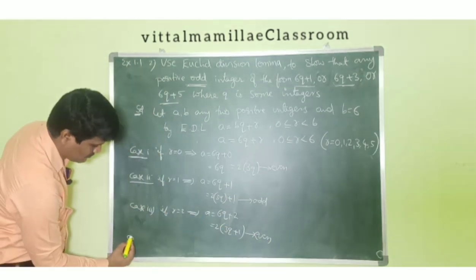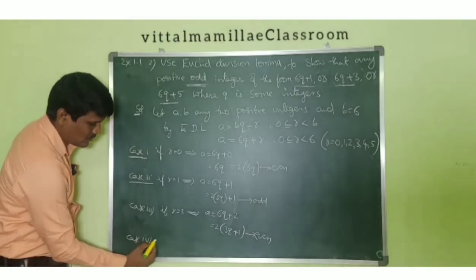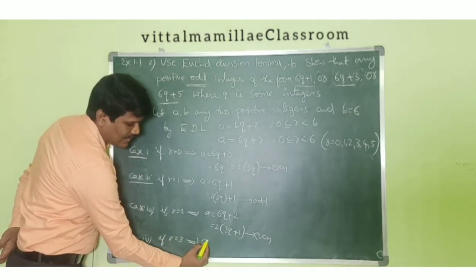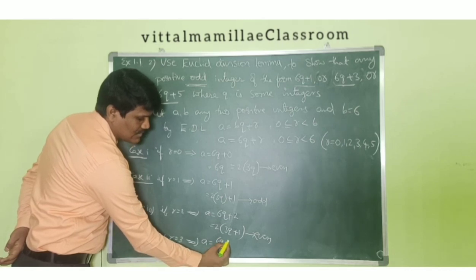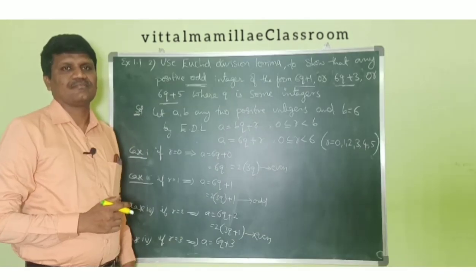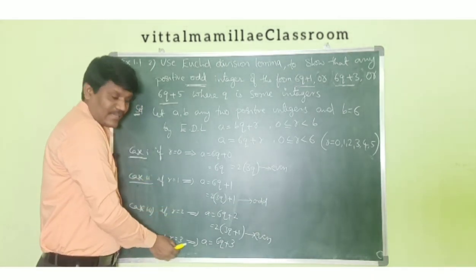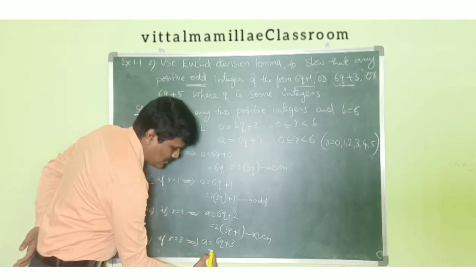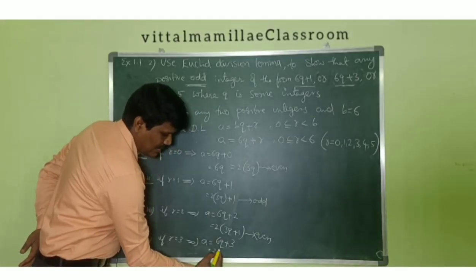And case 4. What is case 4? If r is equal to 3, I can write a is equal to 6q plus 3. 6q means 2 into, I can write it as